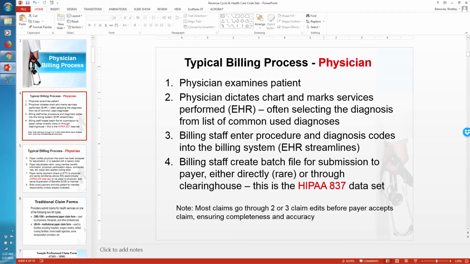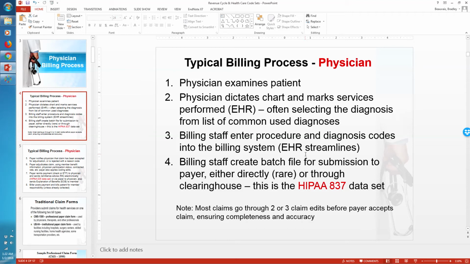And of course, then we want to mark any services performed in our electronic health record, selecting the diagnosis from a list of commonly used diagnoses within their field of practice, right? The billing staff then enter the procedure and diagnosis codes into the billing system, and hopefully this EHR is helping us to do that. Of course, new physicians on a new EHR, that can be a complicating process, and sometimes